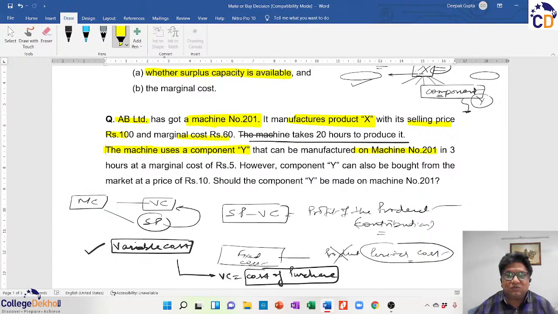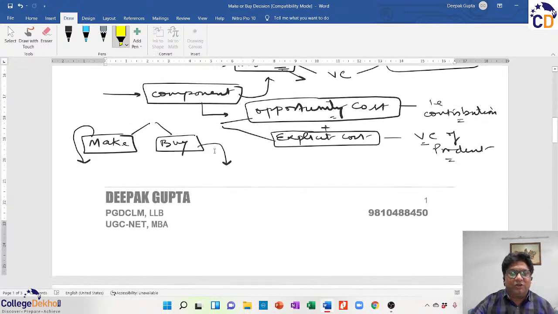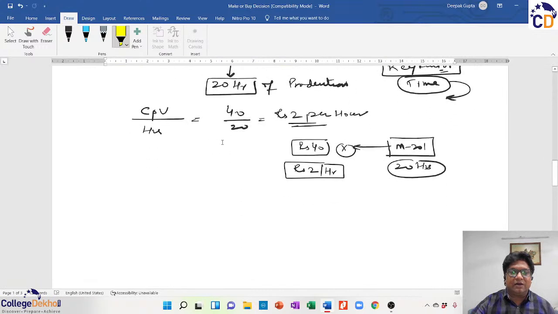This implies that you are looking at whether, instead of making product X, you can use some time of machine 201 to not create product X, but to create one of the components Y, because until the component is there, product X cannot be created. But this component Y will be consuming 3 hours and will be creating a marginal cost of ₹5. So what it implies, as discussed earlier, that